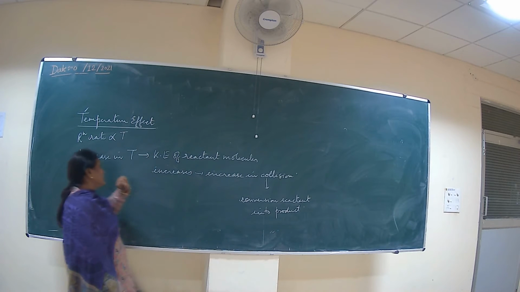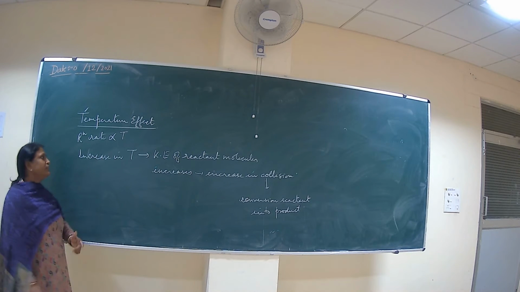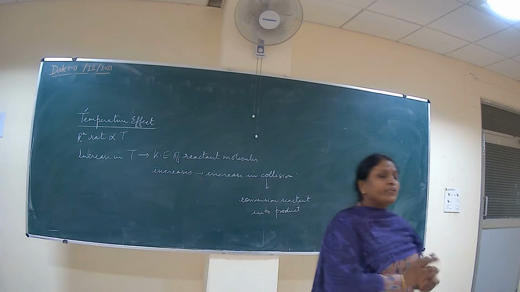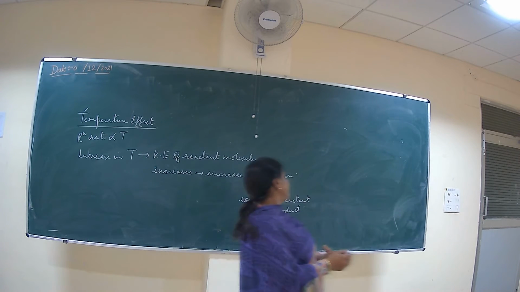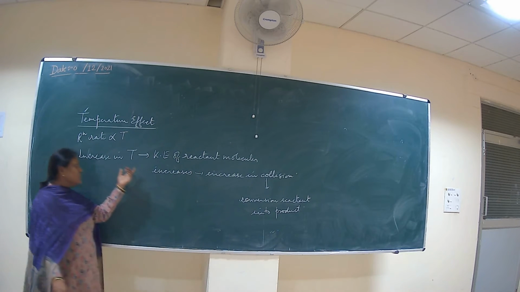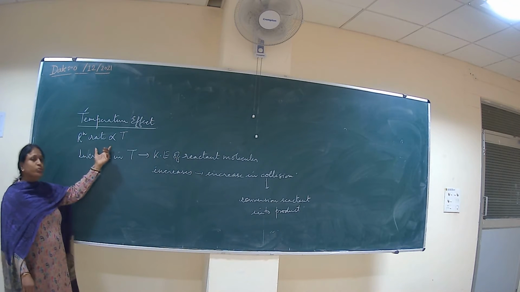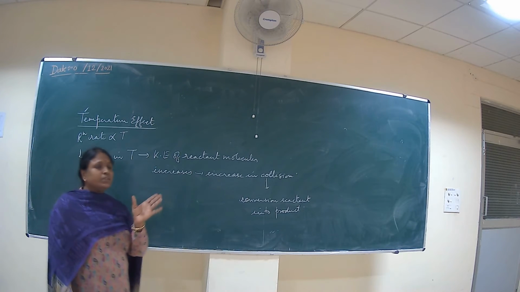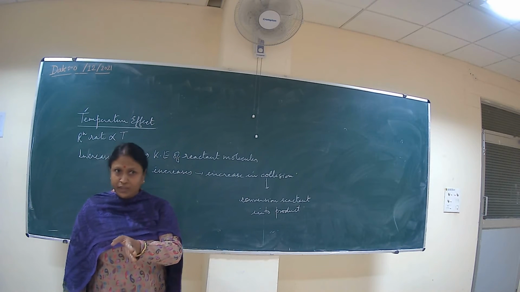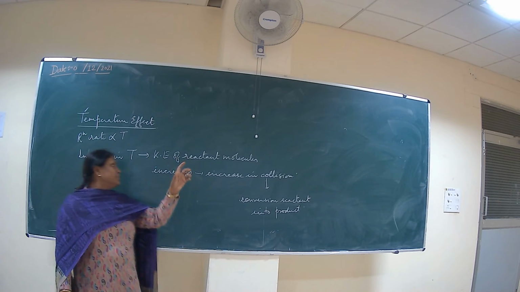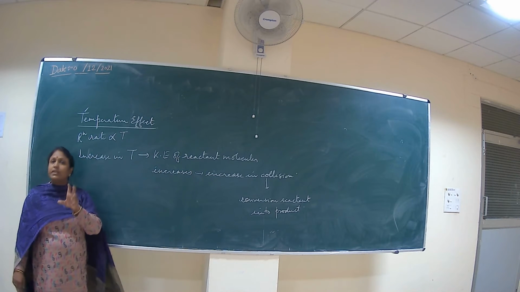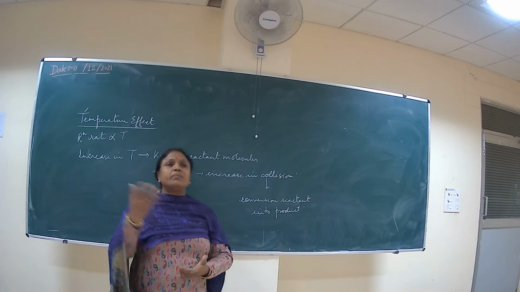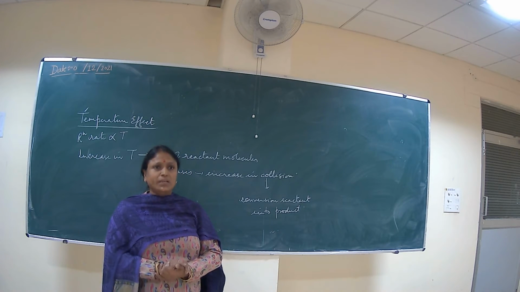Okay. So there is a temperature coefficient. When the temperature increases, every increase of 10 degrees of the temperature, the reaction rate increases 2 to 3 times. Okay. So means that if a temperature is going from 35 to 45, means there is an increase in the temperature of 10 degree Celsius. So the rate of reaction either doubles or it becomes triples. It depends upon the condition.